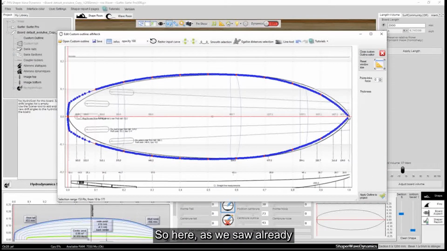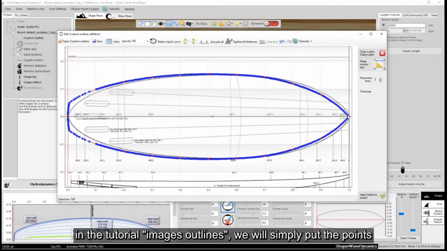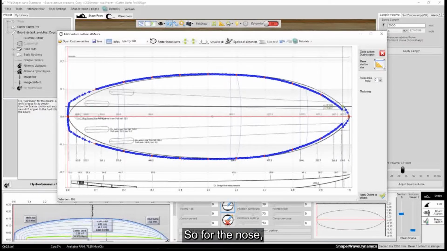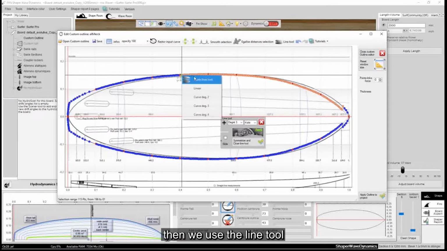So here, as we saw already in the tutorial on image outlines, we will simply put the points so that they correspond to the drawing of the outline. So for the nose, I already take some points by hand. Then we use the line tool.